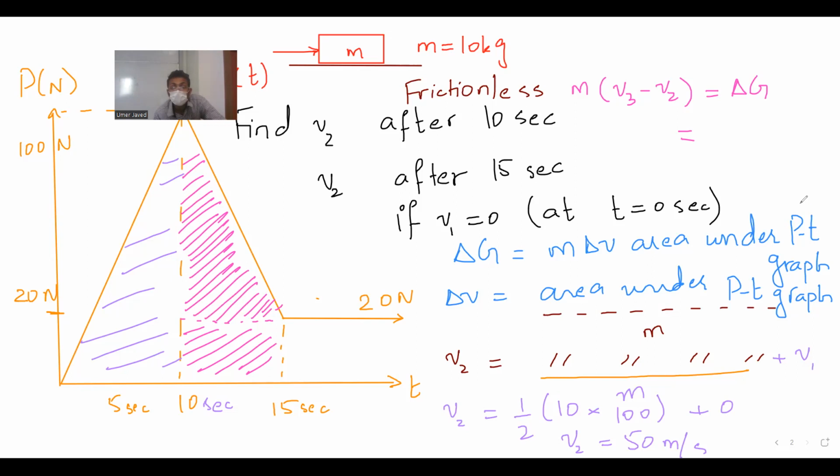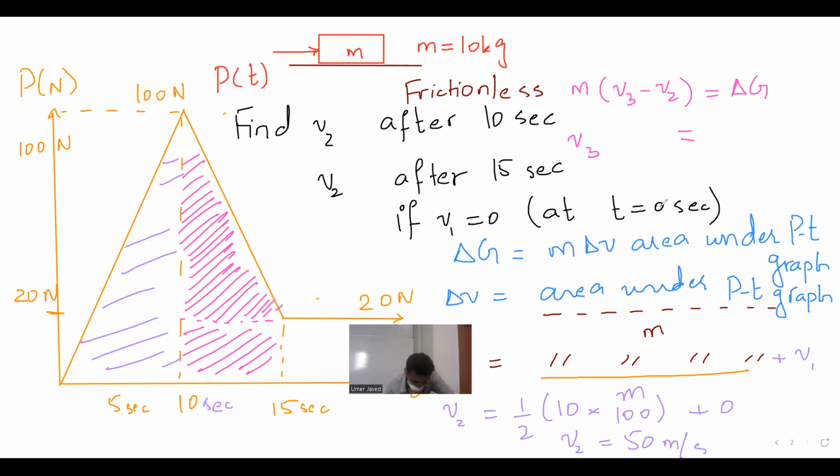I will say V3 is equal to 5 multiplied by 20, that is 100. So it is, okay. And the big triangle is 100 minus 20, 80. 80 multiplied by 5. So it is 80 multiplied by 5 over 2 plus 100, which is equal to,